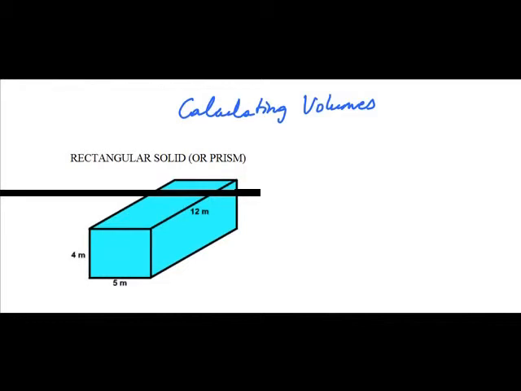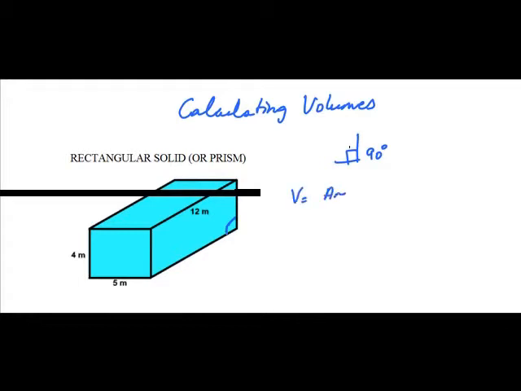Today we will talk about how to calculate volumes of 3D solids. Let's say we have a rectangular solid, or we can also call it rectangular prism. It is rectangular because its sides are rectangles. Now, when the sides are 90 degrees, like the corner of your book, 90 degrees. When you have a solid and its base is 90 degrees to its height, then the volume is going to